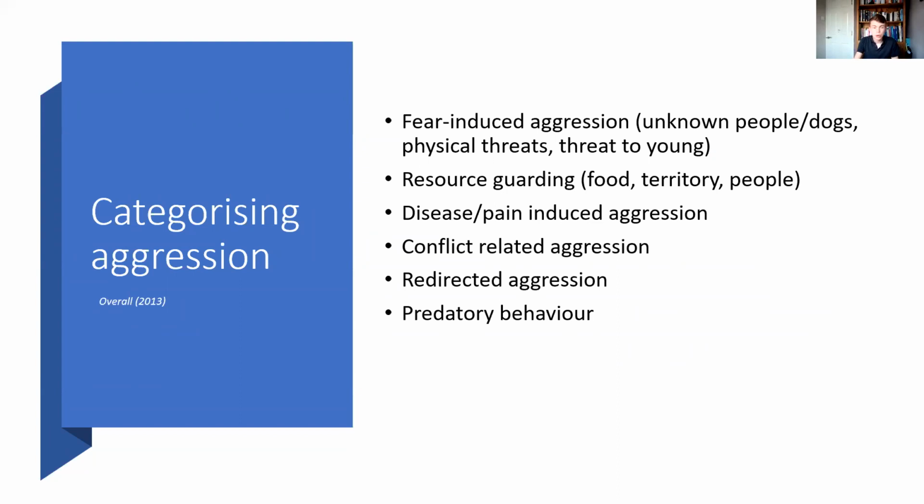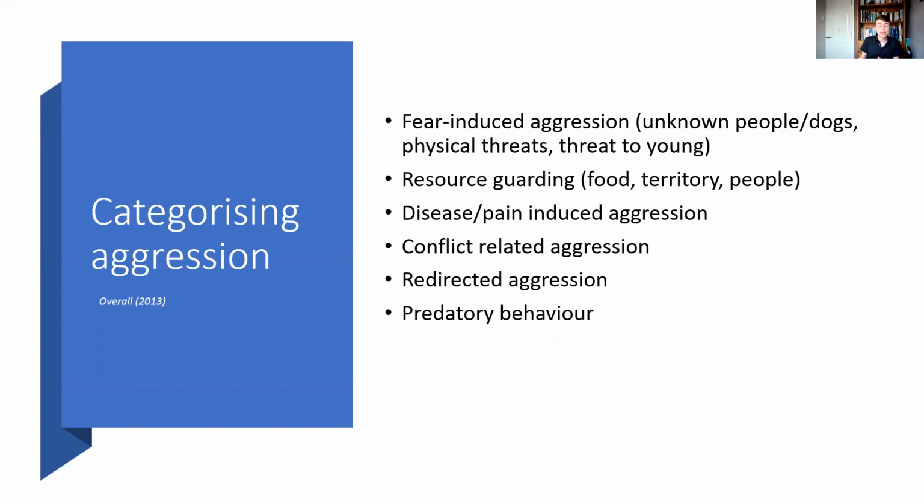We also see resource guarding aggression. This is when a dog has a particular resource. That might be some food, it might be their dinner, it might be a bone, it might be some territory as well, it might be their home, it might be even their park, or what they consider their local park, or it might be a particular person around the house. This is particularly common in dogs that haven't had big attachment figures in their life, and maybe have been integrated into a home and become really, really attached to their people, so they can actually start to guard their person as well.